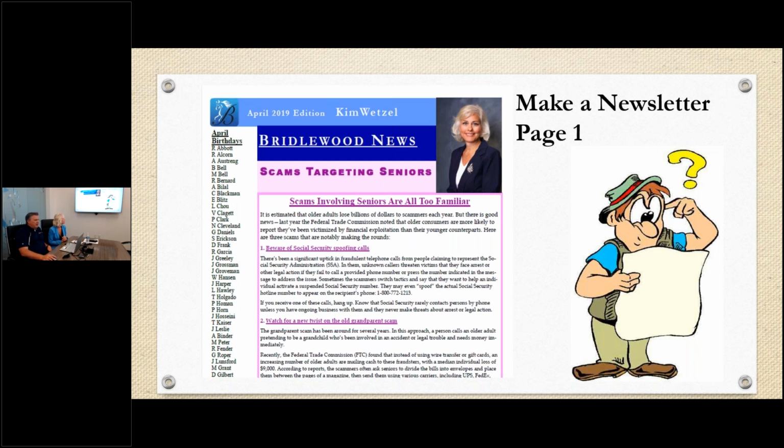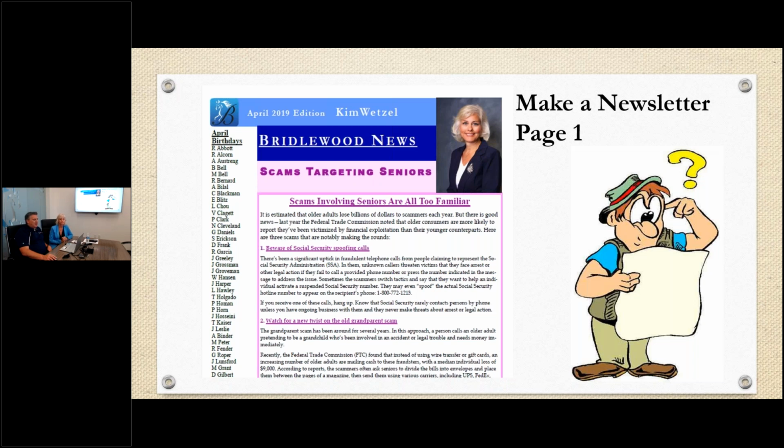The first thing you're going to do is go in there and change your picture. In Publisher, all you have to do is right click on Kim's picture. It's going to have a little drop down menu. You go down to change picture, and it'll ask you if you want to browse for the picture. Browse for your picture, so you go into your files, pull up your picture, and just hit insert. It's going to insert your picture right where Kim's was and get rid of Kim's. It's also going to make it the exact same size and everything else,